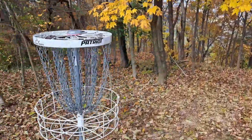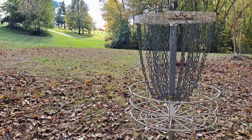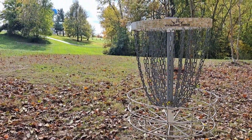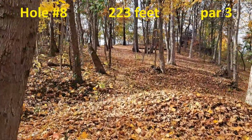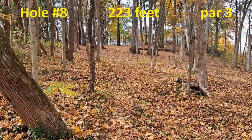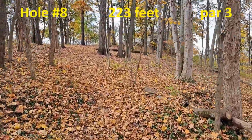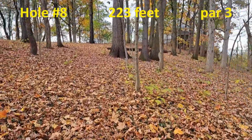The last 2 holes on this course start in the woods behind the basket, and the last 2 holes on this course are much more heavily wooded. Now the course completely changes character. The 8th hole is by far the tightest hole on this course, and it plays moderately uphill through a densely wooded area. Off to the right is a steep drop-off,